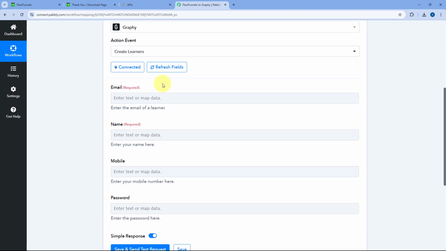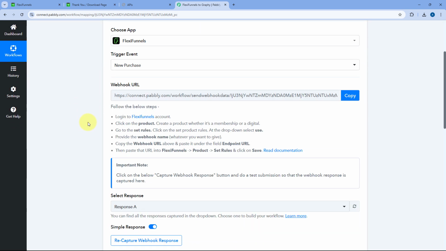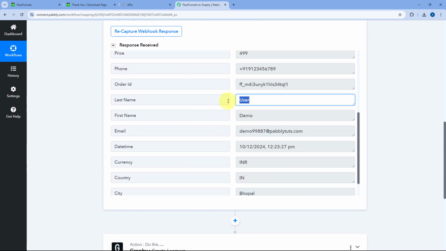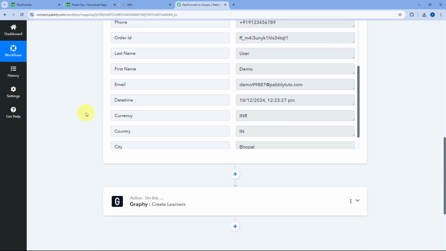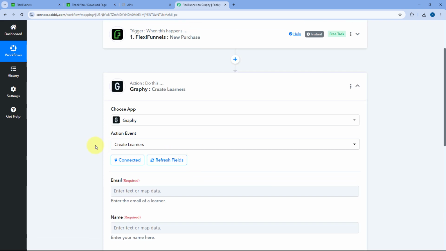After making the connection, it is asking us for the email address, name, and mobile number of the new learner which we want to create in our Graphy account. So we have received all of these details of the customer from FlexiFunnels in the trigger step. Now here from the trigger step responses, we want to send all of these details to this Graphy action step. And to add the responses of trigger step to this Graphy action step, we are going to use a process